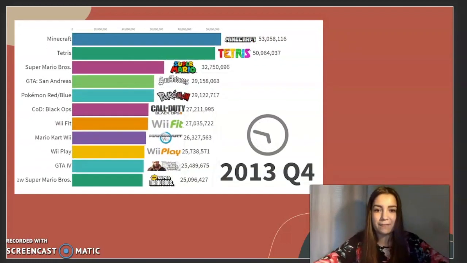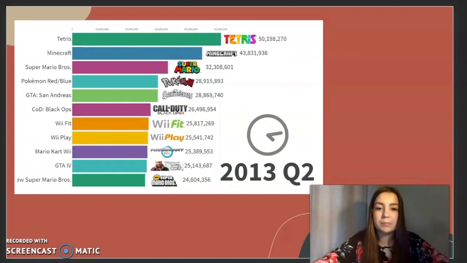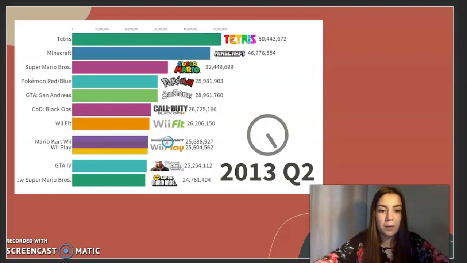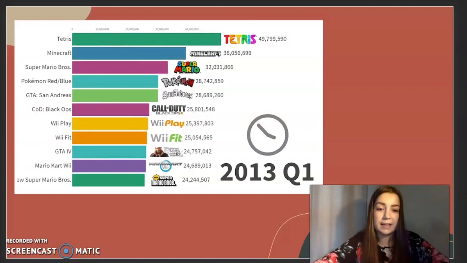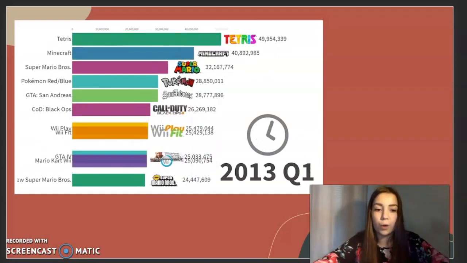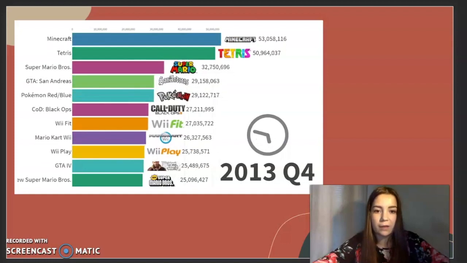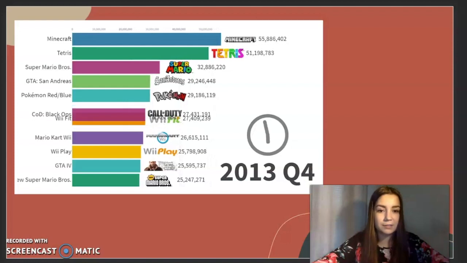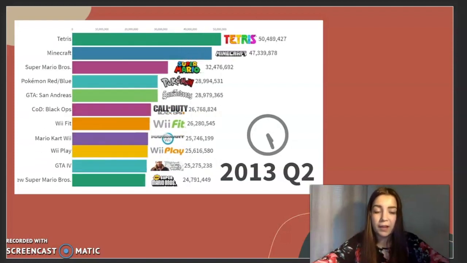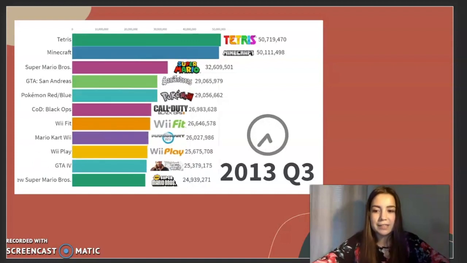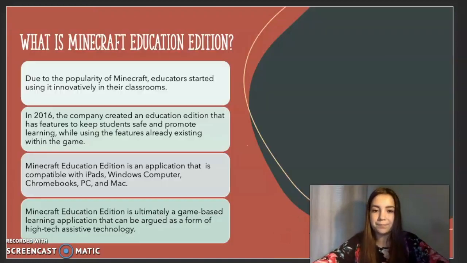It held that spot for many years, so I just thought that this was a very notable graphic to include to really visualize how popular Minecraft is. Since 2013, you could see it was Q4, which is the last few months of the year, where Minecraft became #1. And since then, as of 2020, there have been roughly 150 million more sales. So again, seeing just how popular it is.